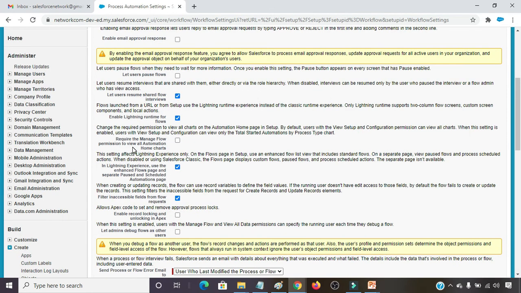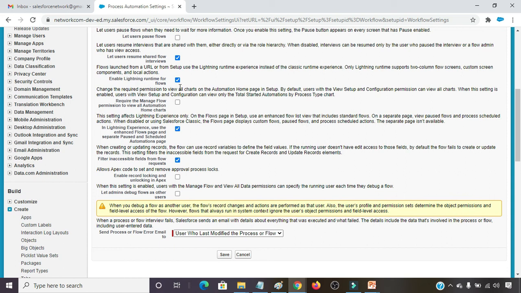Make sure that enable Lightning runtime for flows is enabled. In my case, it's enabled. In your case, if it's not enabled, make it enabled and click on the save button.